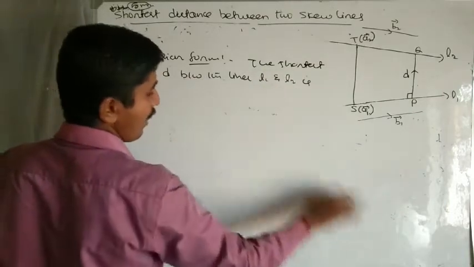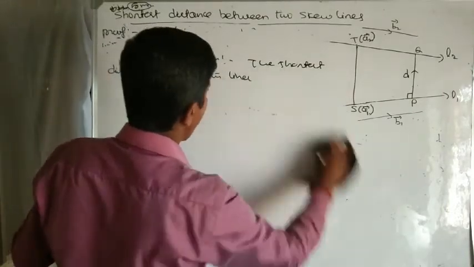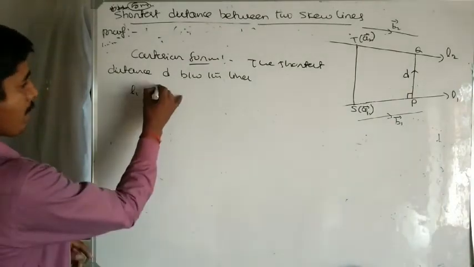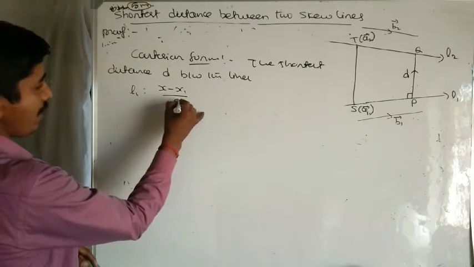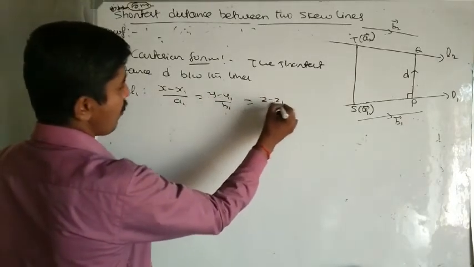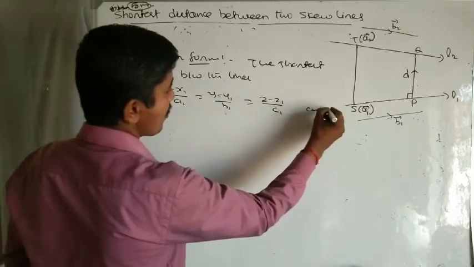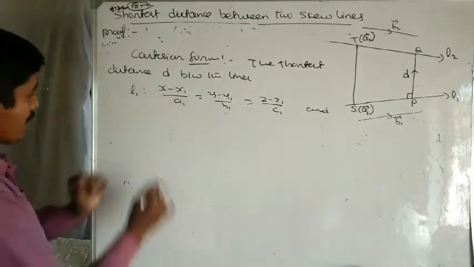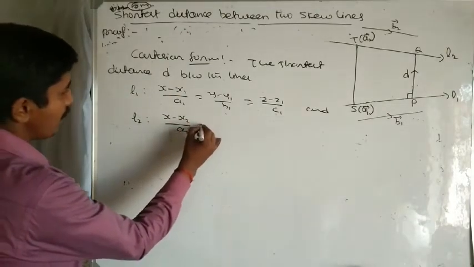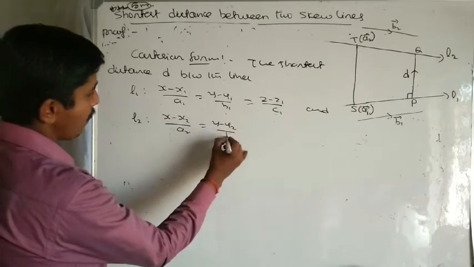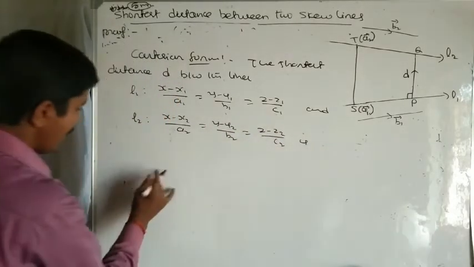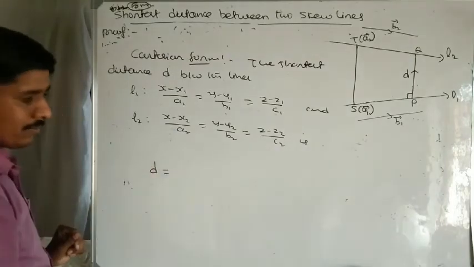The first line L1 in Cartesian form is x minus x1 by a1, which is equal to y minus y1 by b1, which is equal to z minus z1 by c1, and the second line L2 is x minus x2 by a2, y minus y2 by b2, z minus z2 by c2. The distance is given by D equal to